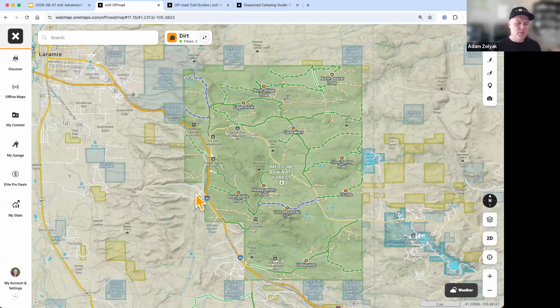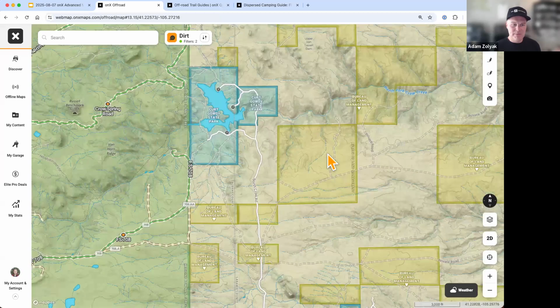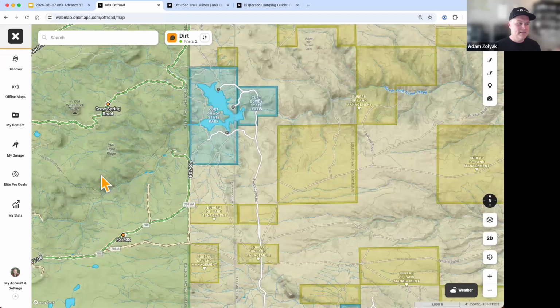So one is, we can use this first layer, the base map, right, to see who owns land, right? So we can zoom in and we can see this is Medicine Bow Routt National Forest. It has a little U.S. Forest Service icon. We can zoom in over here. It says Bureau of Land Management. And one of the things I love to do in onX is just tap or click anywhere in the map and it'll tell you about the spot, right? So I just click here. It says, oh, the BLM owns it, right? I click over here. It says,